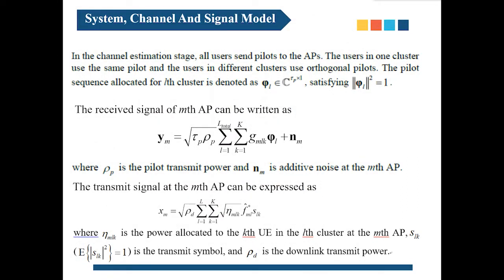In the channel estimation stage, all users send pilots to the APs. The users in one cluster use the same pilot, and the users in different clusters use orthogonal pilots. The pilot sequence allocated for L's cluster is denoted as phi L. The received signal of the mth AP can be written as